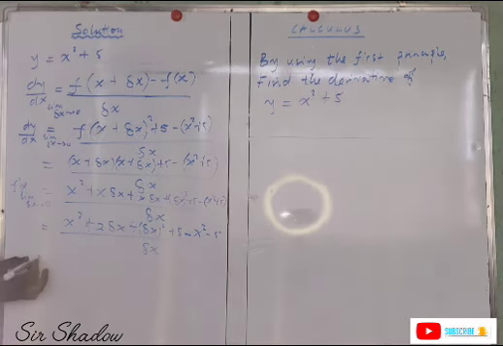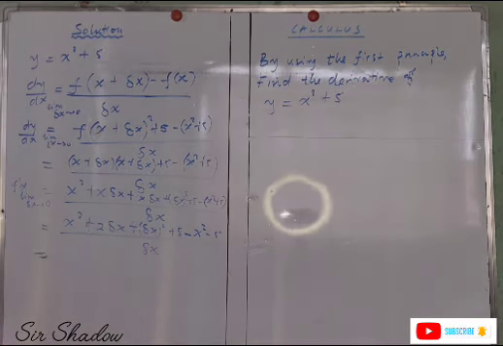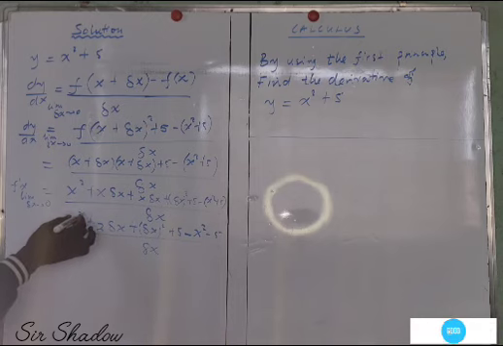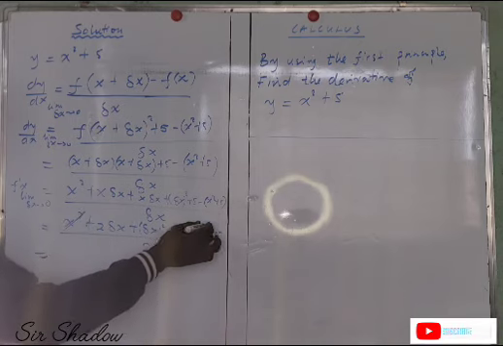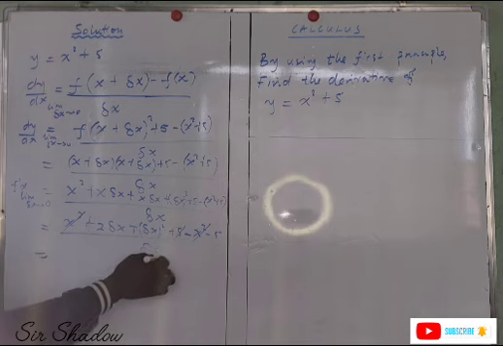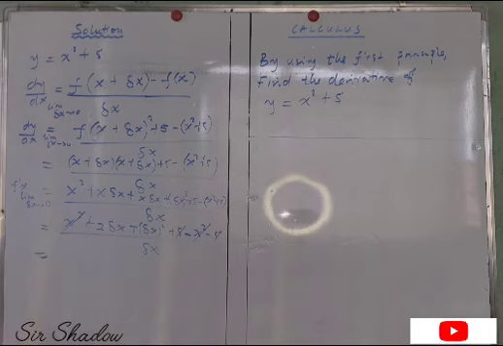So this becomes x squared, okay? In short, we are saying x squared here is subtracting x squared here. It becomes 0. Then 5, subtracting 5, it becomes 0. Then we are only left with